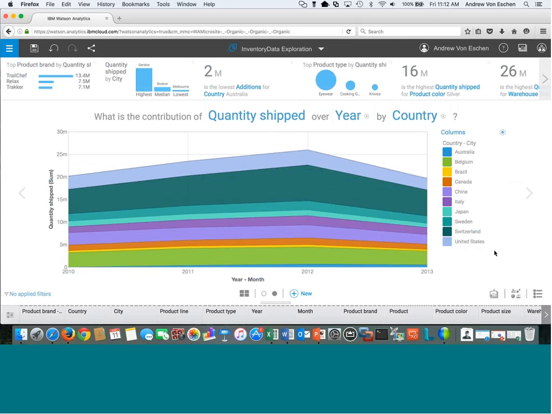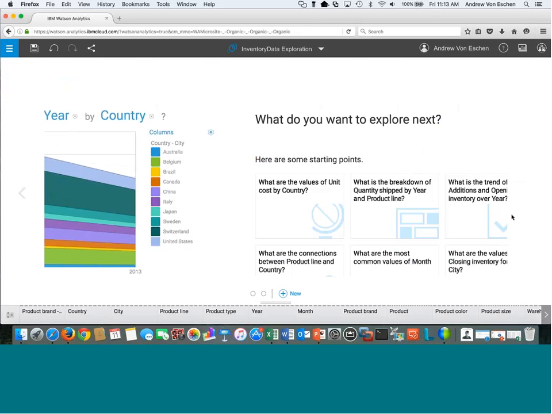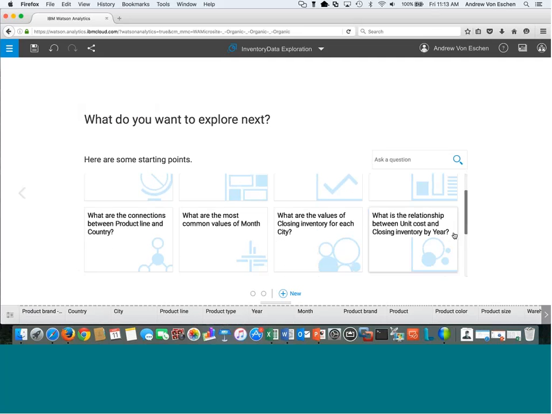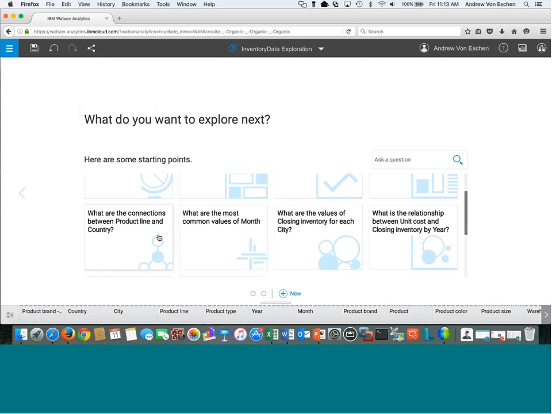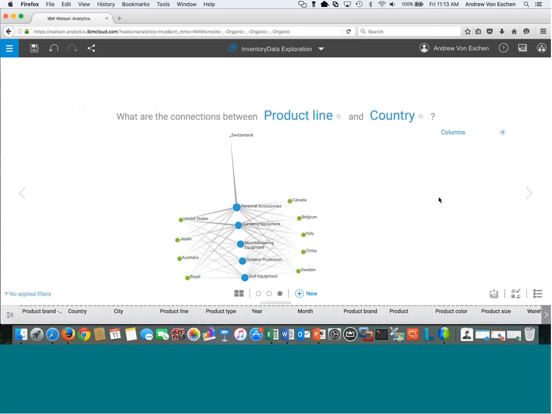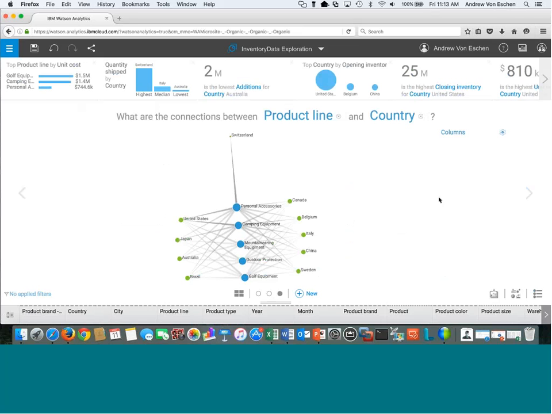Maybe we should do a little bit more exploration further on to figure out exactly what product lines we are shipping. Now, the other thing I was really curious about was the connection between product line and countries. So maybe I want to know who's buying what and how the interaction between the two is being defined. This is a new chart type. I personally think this is awesome, to be able to have a web to see the interactivity between each of these different product lines, the countries, and the relationship between the two being defined by that quantity.